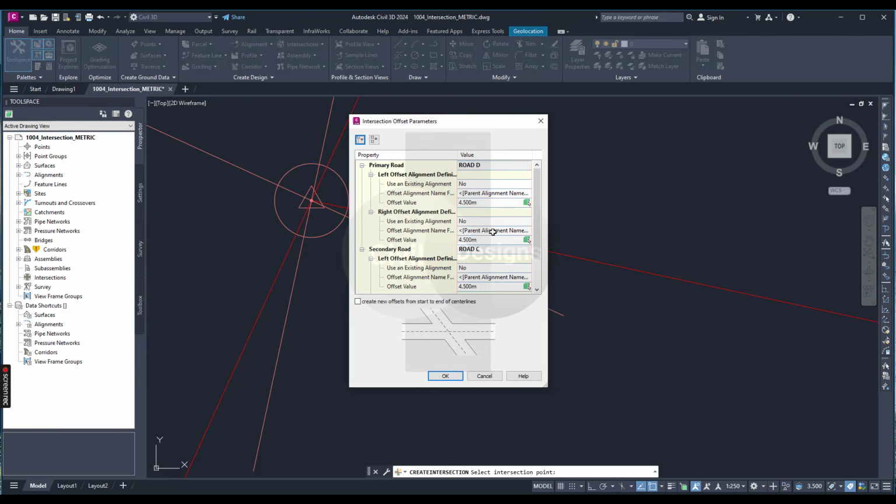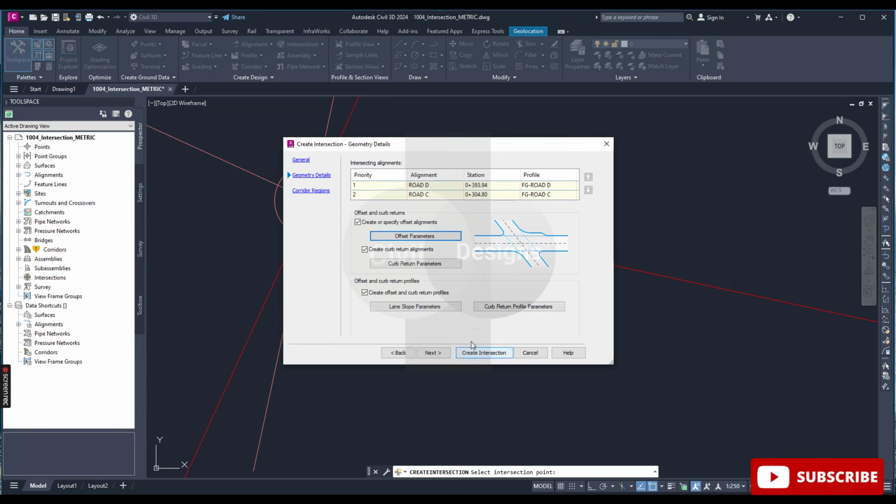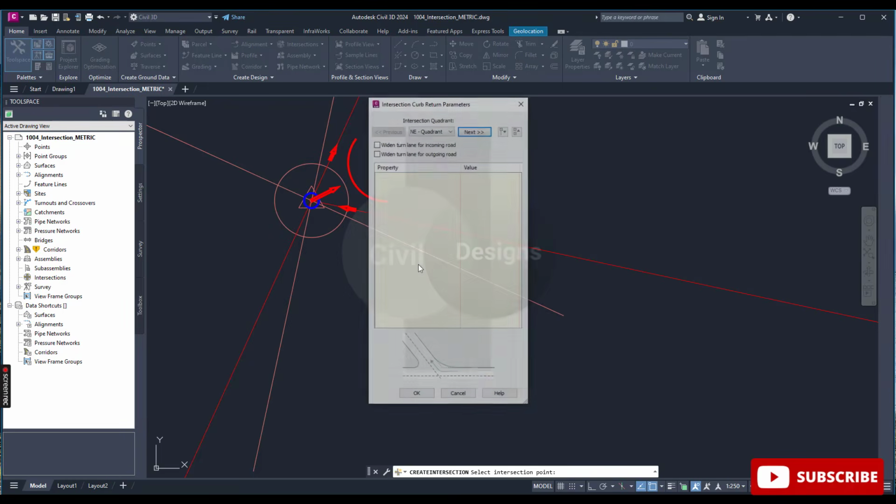If you open this, you can see here we have 4.5 meters for right and left. These are the offset values of the primary road, which you can select for road D and road C also. Just press OK, and here for curb returns parameter,